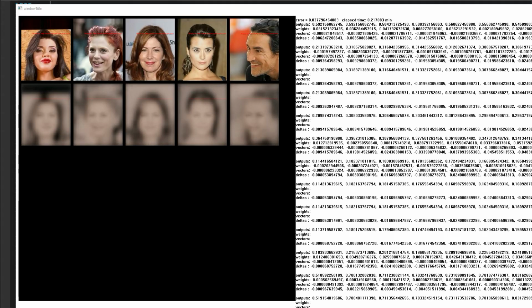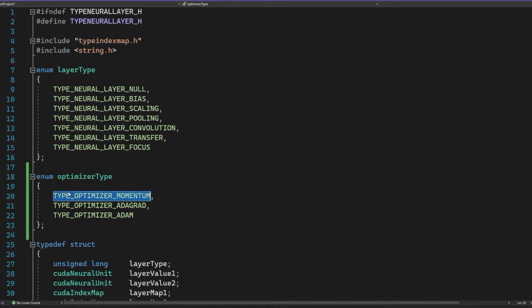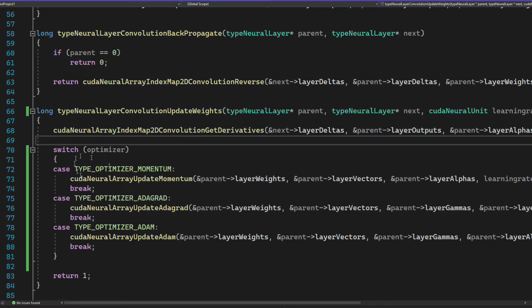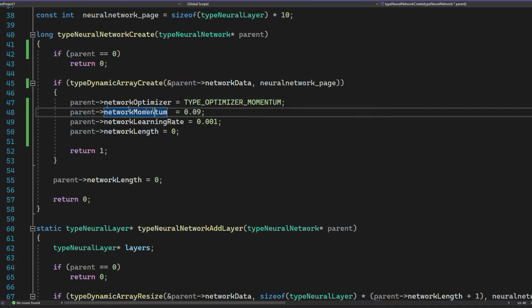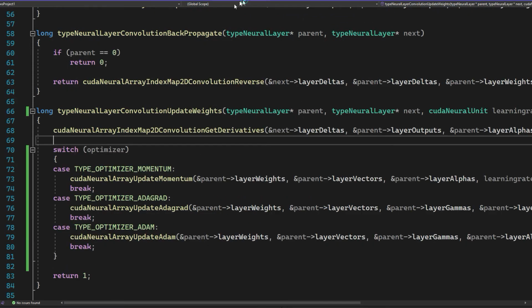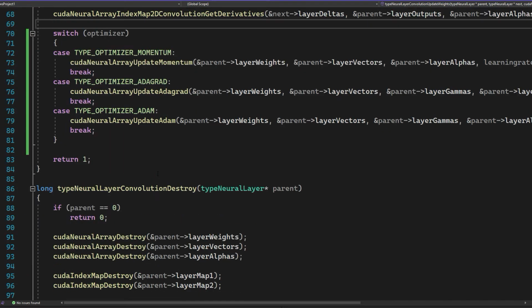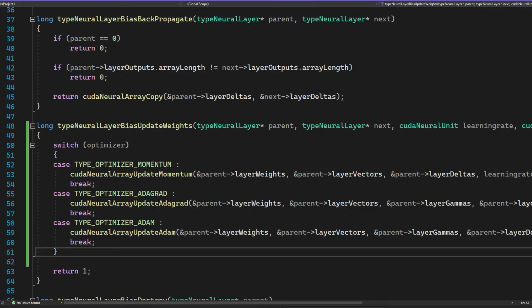And we're back. I've been coding a few things. Nothing really big, just some cosmetic quality of life stuff. Okay, first of all, I put the optimizer in its own separate switch function, like here. Instead of having to manually recode everything, I just need to recode it right here. I just have optimizer, momentum, and set it to default values. We can change them right here instead of having to change them in the code. Like I said, it is nothing really different. It's just quality of life stuff. It just makes everything look better. Do that in bias, same thing in bias, and same thing in